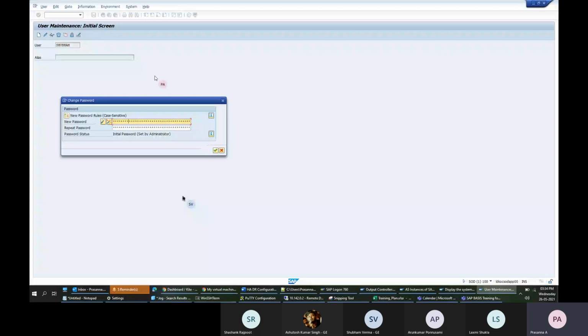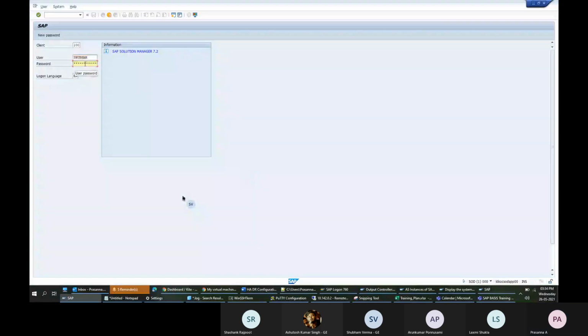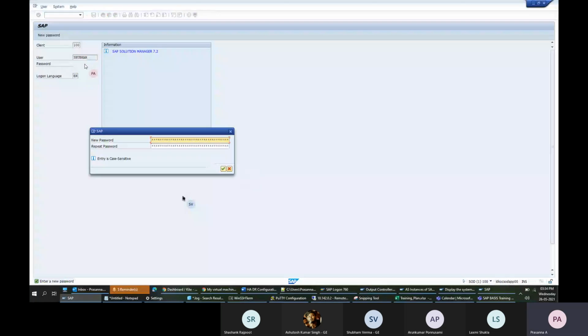I'm using all small letters. Since I reset the password, next time the user logs in, it will have initial password status.